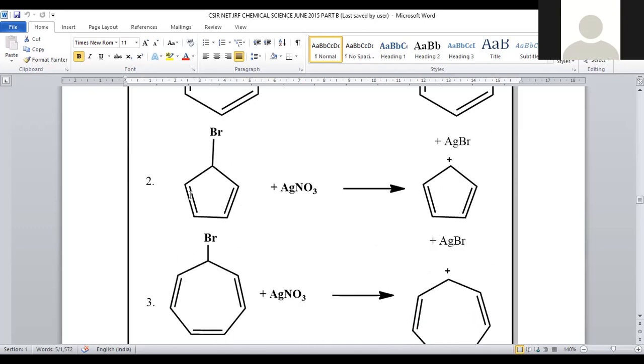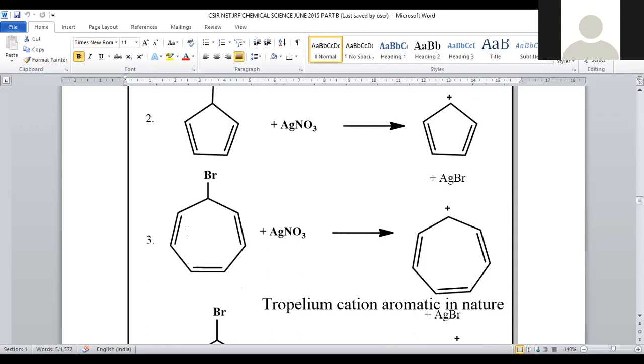Let us move on to the second option, where the cyclopentadiene system is there with the bromo group. Treated with silver nitrate, silver bromide precipitate forms, and here the carbocation. Here you can clearly observe there is a conjugation. The positive charge is in conjugation with a double bond. This double bond is in conjugation with the other double bond. So there is a possibility of stability. It will become stable, but the compound generated is not aromatic because it will not show a 4n+2 pi electron system. Huckel aromaticity will not be satisfied, so it will not be that extent stable. Stability is there, but not to the extent we are expecting.